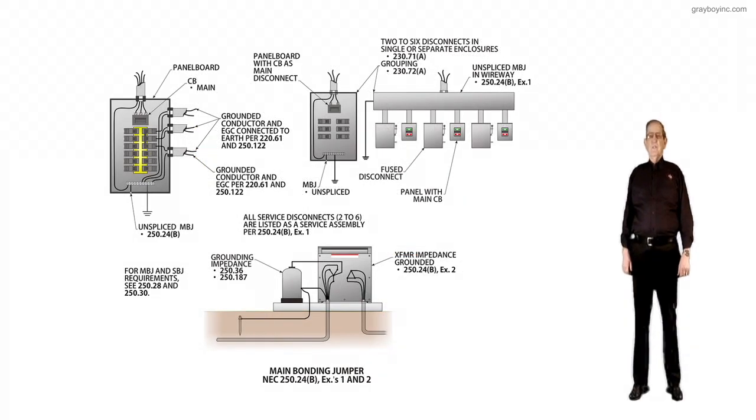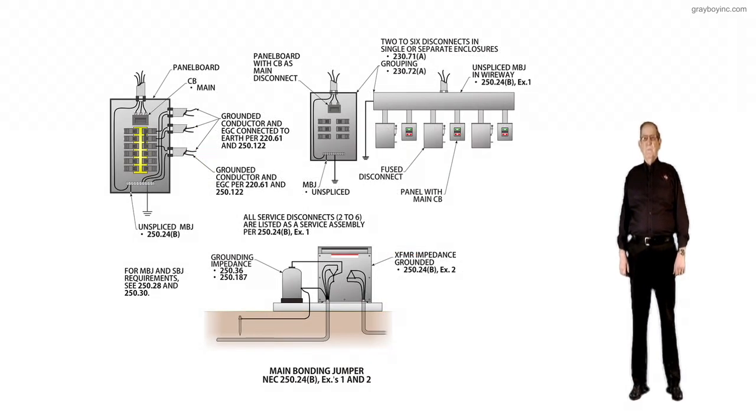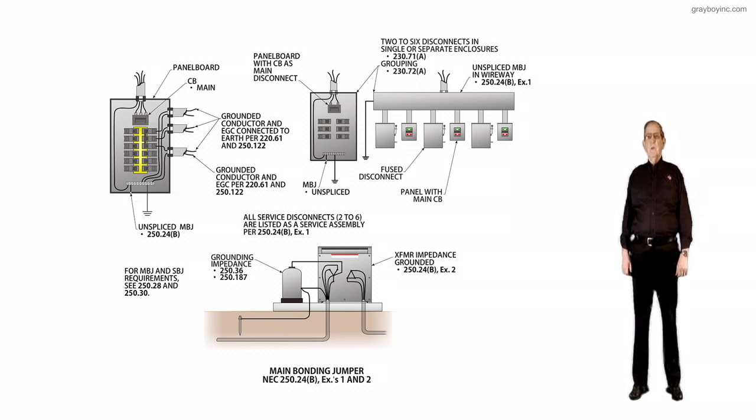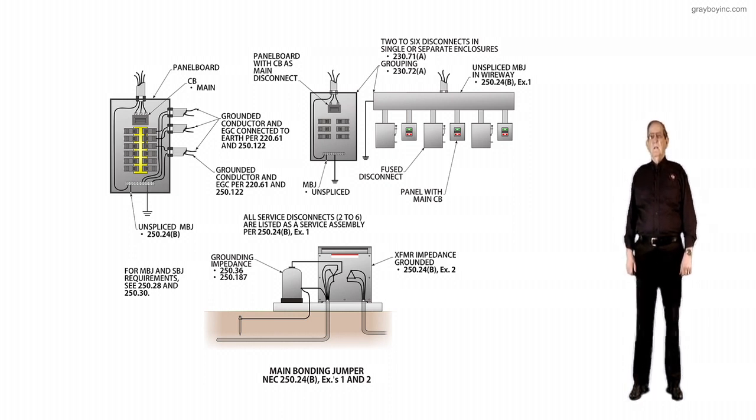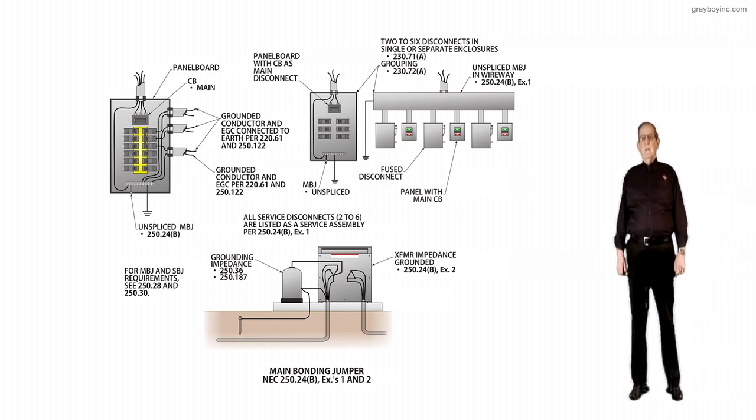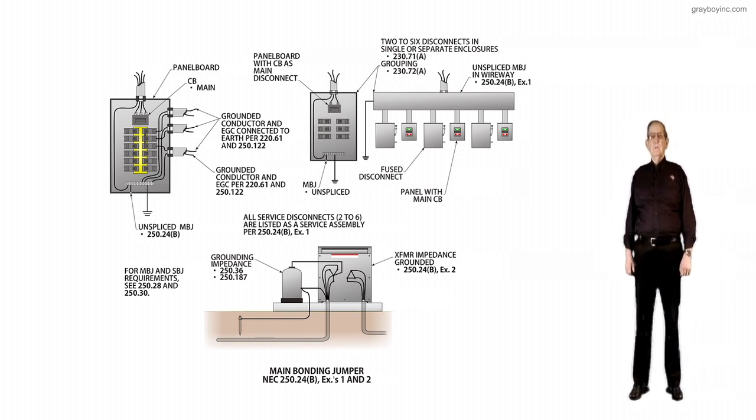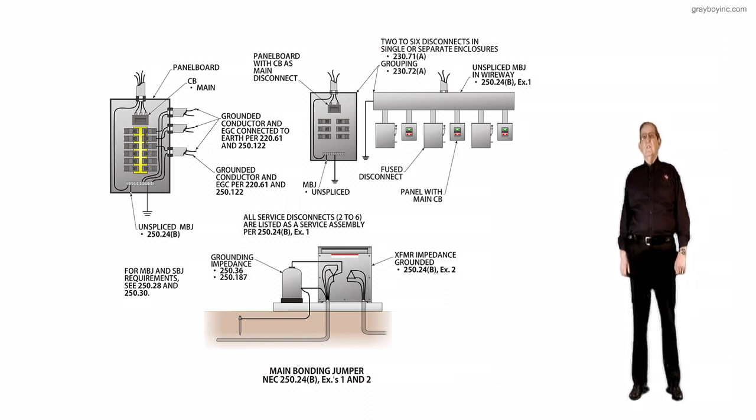This illustration deals with main bonding jumper, NEC 250.24(B), exceptions 1 and 2. Now, if you want to define that main bonding jumper, just go to Article 100, and naturally it's defined there for you. Now, the first thing we'd want to look at is the service equipment to the left of the